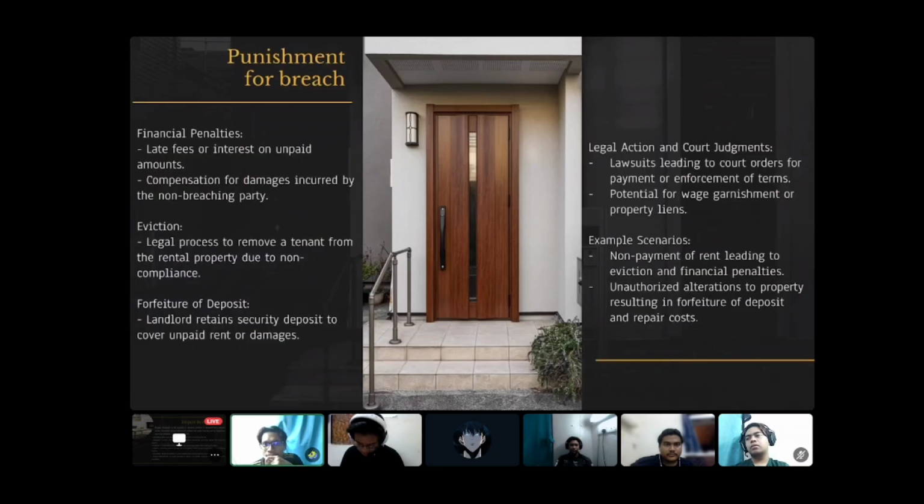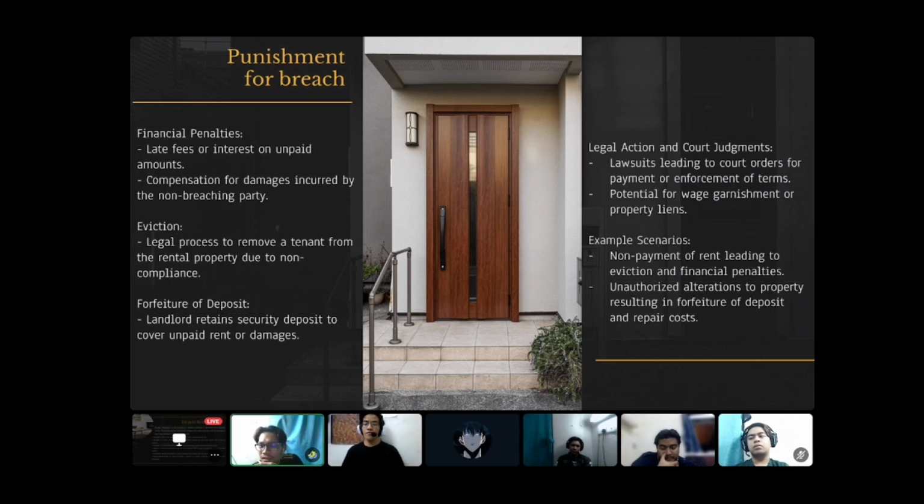So next slide, which is the punishment for breach. It refers to, if the agreement is breached, all the consequences that both parties will face: financial penalties, late fees or interest on unpaid amounts, compensation for damages incurred by the non-breaching party, eviction, a legal process to remove a tenant from the rental property due to non-compliance, forfeiture of deposit, where the landlord retains the security deposit to cover unpaid rent or damages,